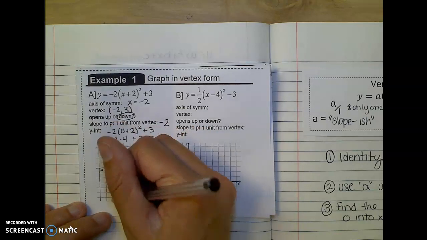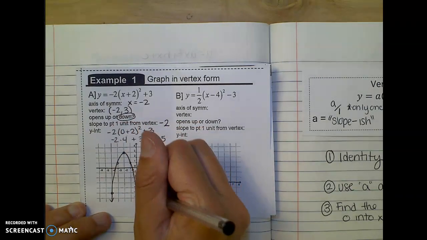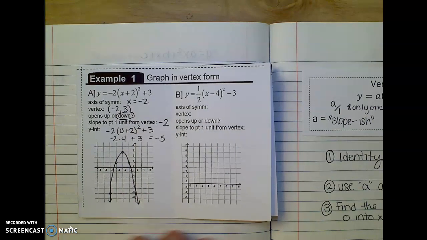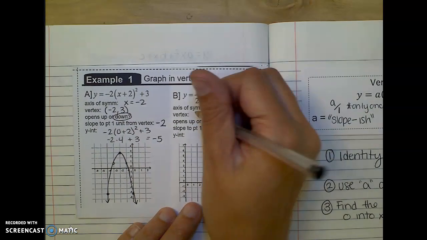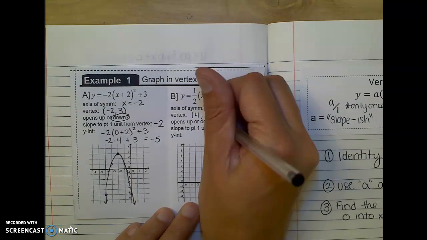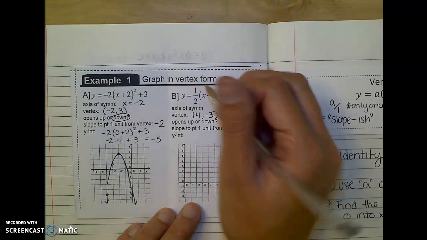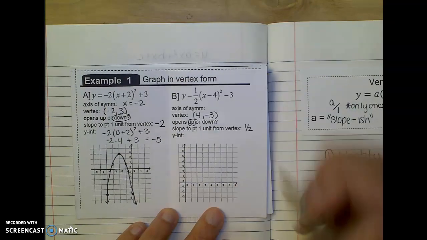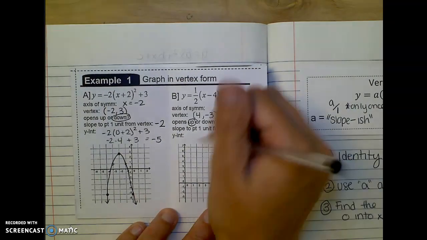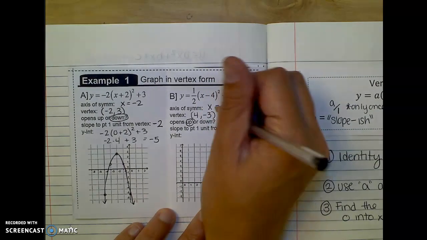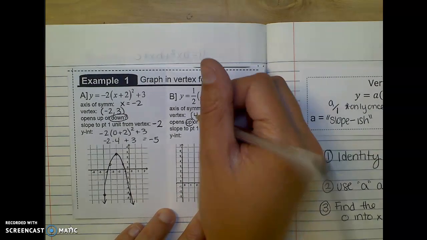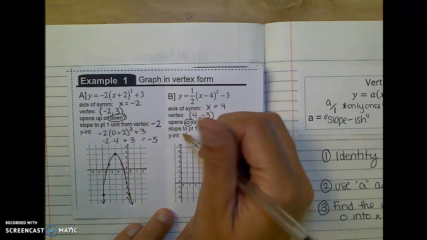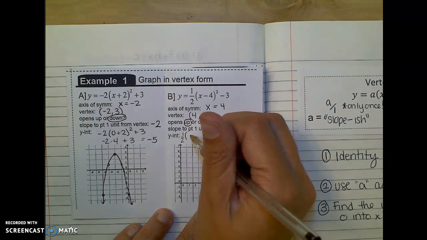So then I get a really nice looking U-graph. Okay. The next one is very similar, so I'm going to take out my vertex at 4, negative 3. I can tell that my parabola is going to go up because I'm positive, and that slope to one point is going to be half. If I think about my axis of symmetry, it's going to be at x equals 4 because it's the x value of your vertex. And then that y-intercept, if I think about plugging in 0, I'm going to have half